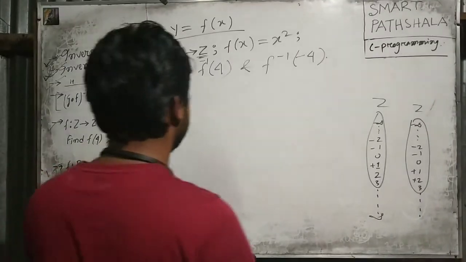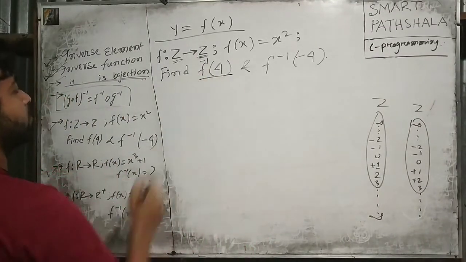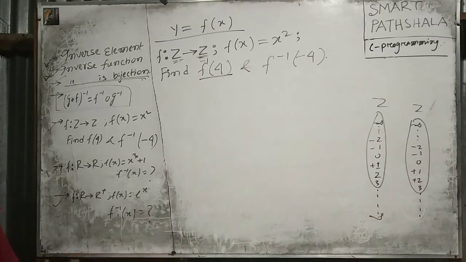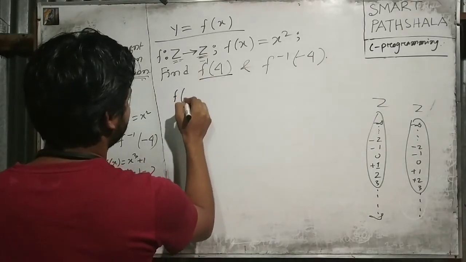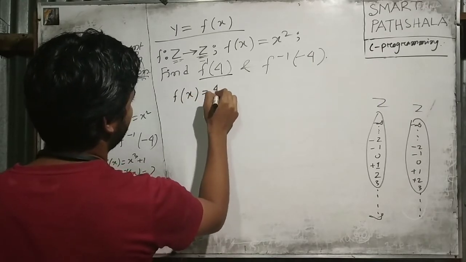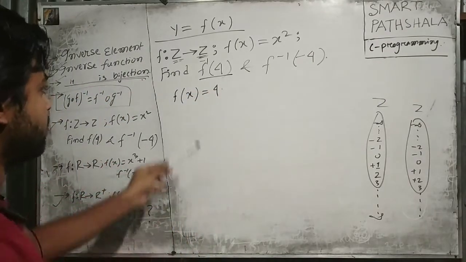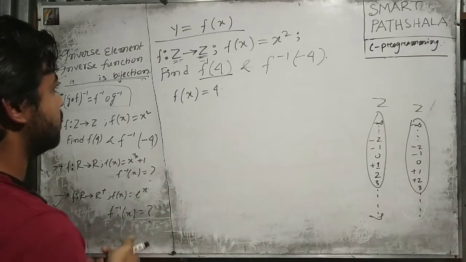Now the question is, we have to find the f inverse of 4. For that, we need to find for what value f of x is equal to 4. We need to find this thing, right? This f of x is equal to 4. Now let's say